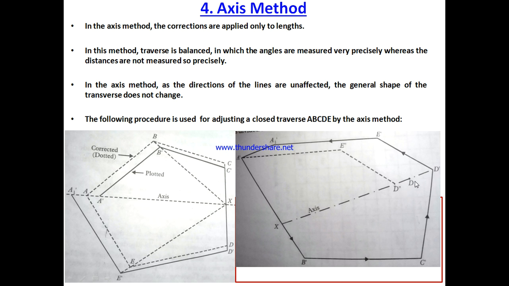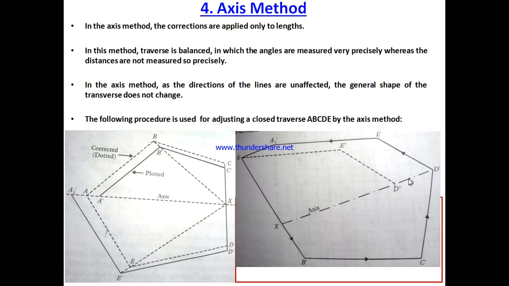Now we have to repeat the same procedure after that. Now we will calculate the point D, which is the midpoint, and from this point D we need to calculate the correction in all the traverse lines just as in the previous case. So here after getting point A, what did we do? After getting point A, we just drew the line AB parallel to A'B'. So now here we get the point D. So now what we need to do? We just need to draw